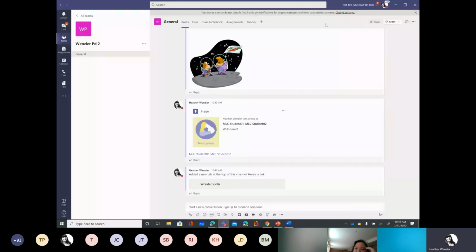Let's see. Other question, can students work on a fillable PDF document? Yes, a fillable PDF, yes, they can. We'll talk about that in assignments and grades. Okay, so what I want to cover,